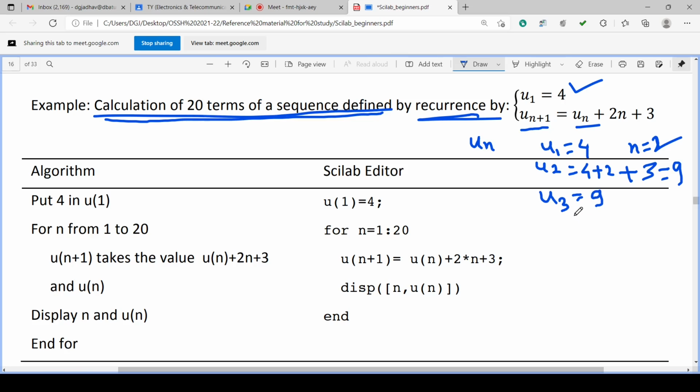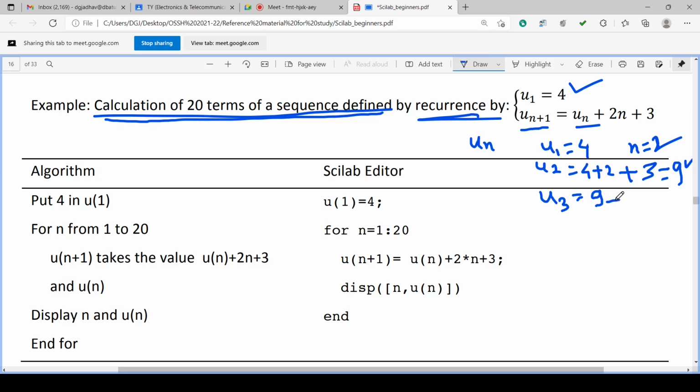Because u3 is un plus 1, if you want to calculate it, un is u2. For u4, un is u3. For u5, un is u4 and so on. So for u3, un is 9.